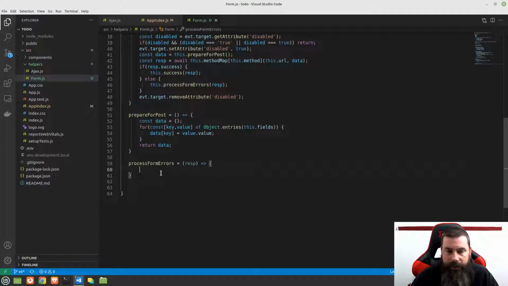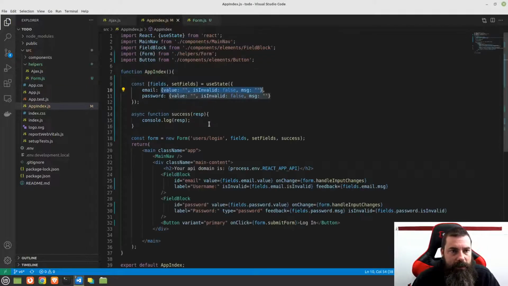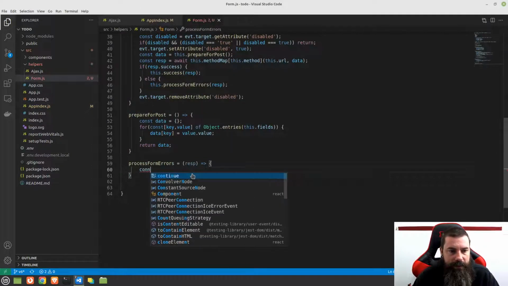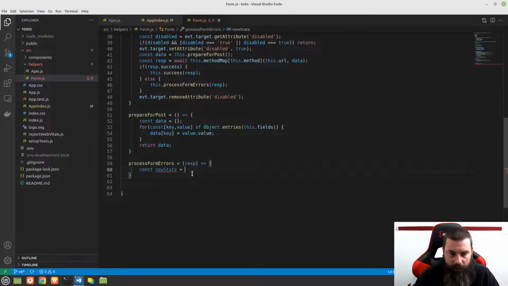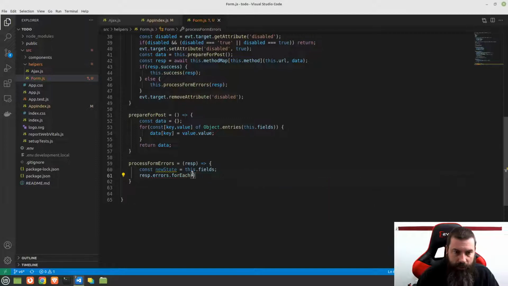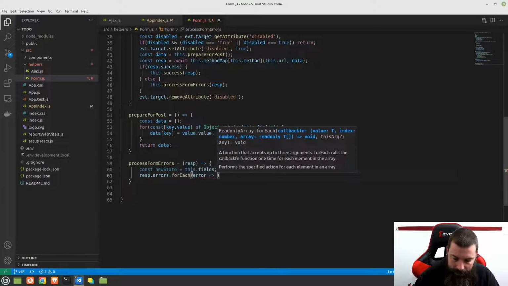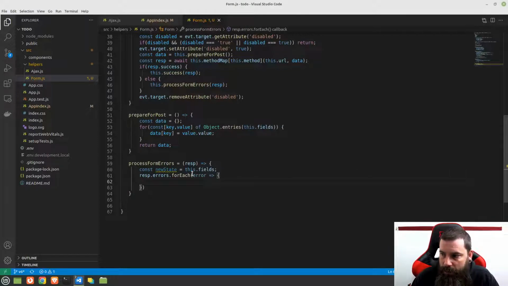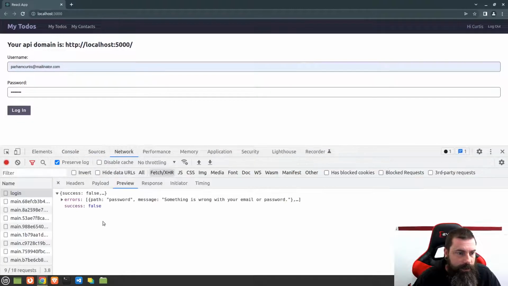And what we want to do here is, again, we're going to be updating state, because if there's an error, we want to set is invalid to true for the field that we get the error on, and then we want to set the message returned from the back end into there. So we're going to say const new state is equal to this.fields, and then response.errors.forEach. So we're going to use a for each loop here, and pass into that the error. If you look at the way this error is structured, it has a path and a message. The path is the key or the ID of the field,